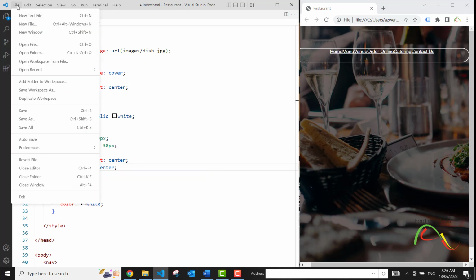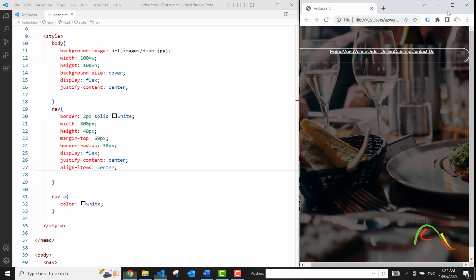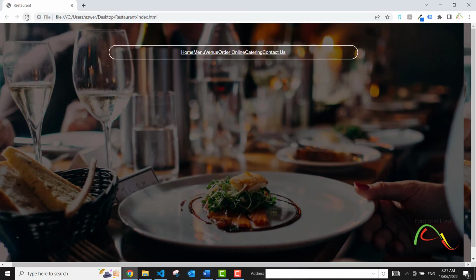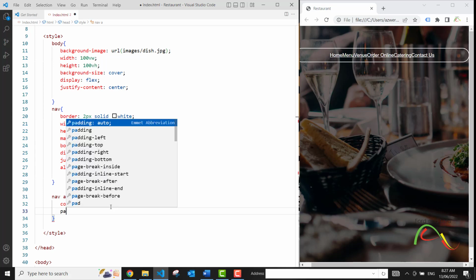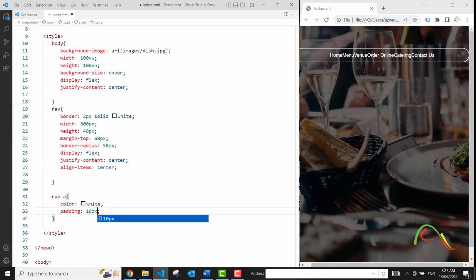If I now save it and maximize my browser, refresh my page, the text is now centered, although it is way close to each other. We want a bit of a gap within these anchor elements. We want to go to nav a, so we are targeting these anchor elements, and I can simply say padding 10 pixels. So if I now save it, refresh my page,